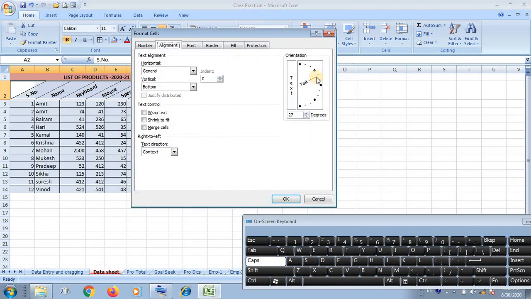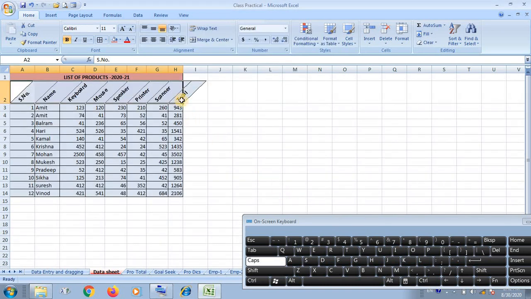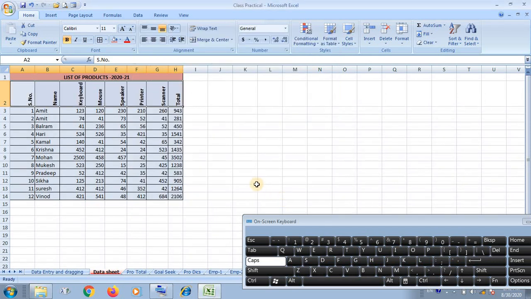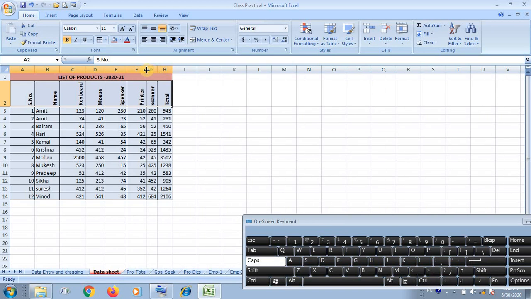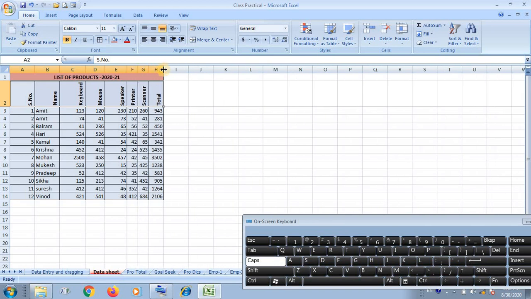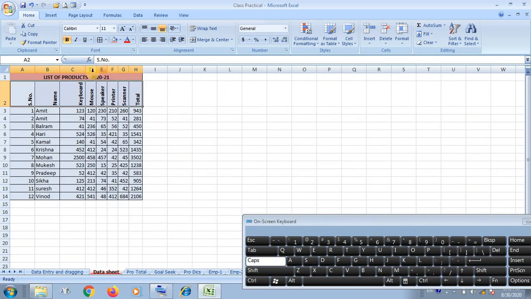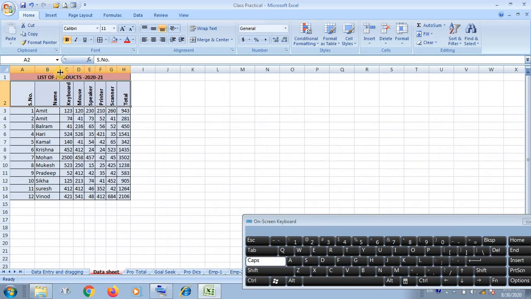Okay children, I hope you understand about this, how you can change the style of the column. Okay, in this way you can change. And as you click on this particular heading, it will adjust by itself, it will shrink by itself.